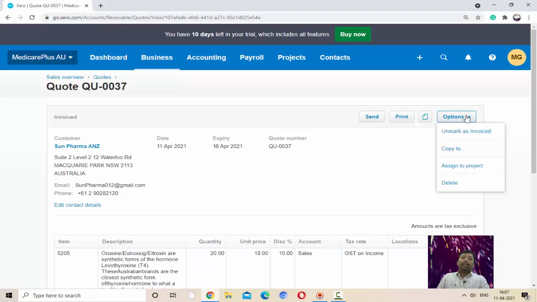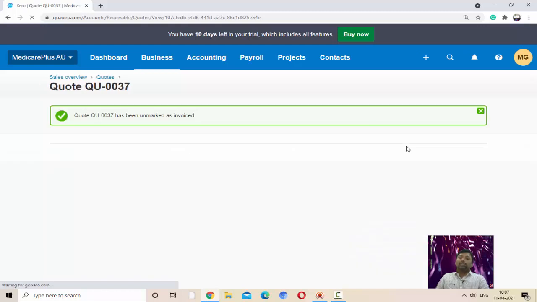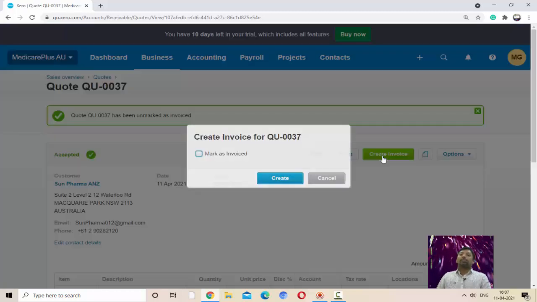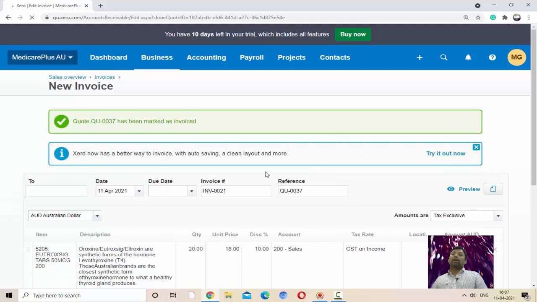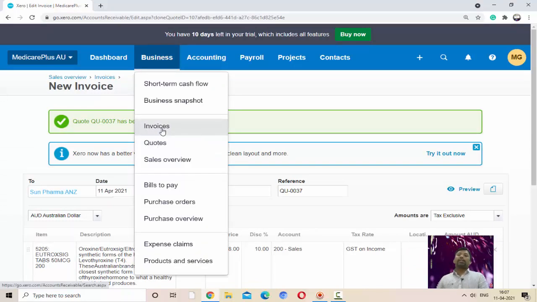If you want to unmark it and create the invoice of this code, we can create the invoice of this code originally. So click on this option create invoice. We don't want to mark it, we want to create the invoice of this. To generate the invoice, when goods are sold to the customer, those goods are transferred to the invoice. See in the business option, invoice. Invoice means goods are sold to the customer, and the invoice is generated when the code is accepted by the customer.